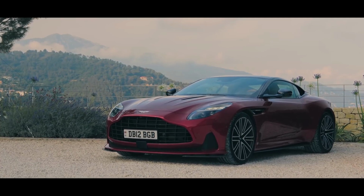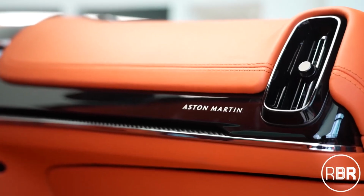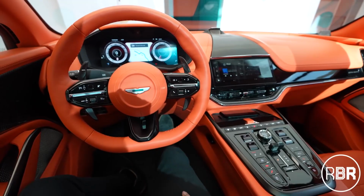Aston Martin also vastly improved the infotainment system, an upgrade that was desperately needed. It may lack rear seat room and cargo space, but this new DB12 hits the sweet spot for a high-performance